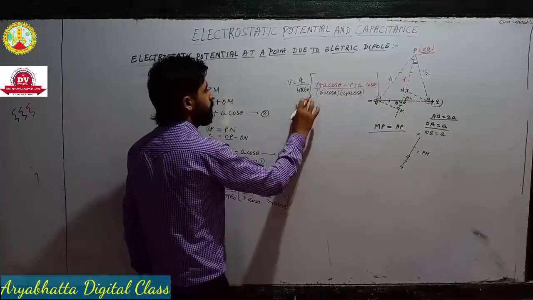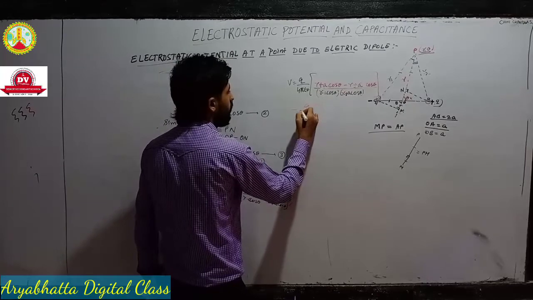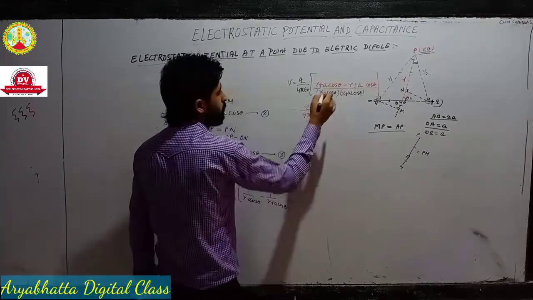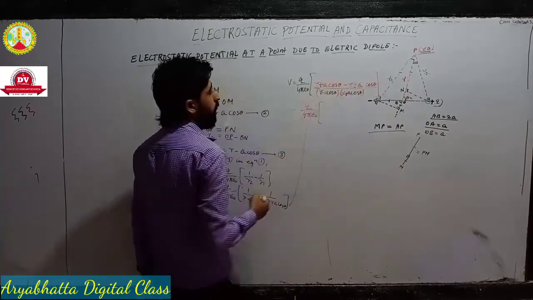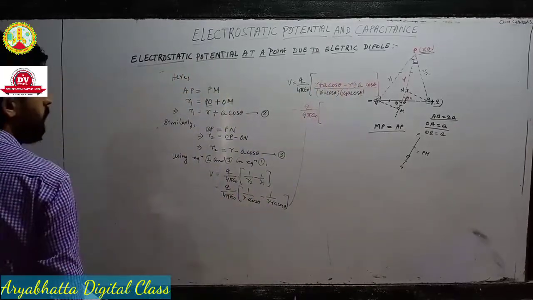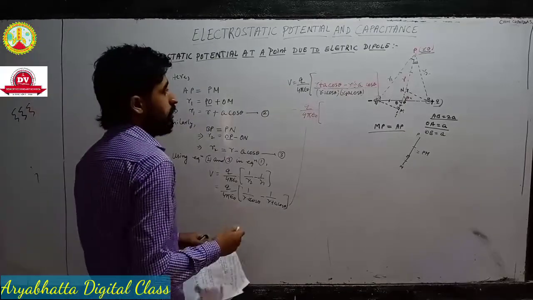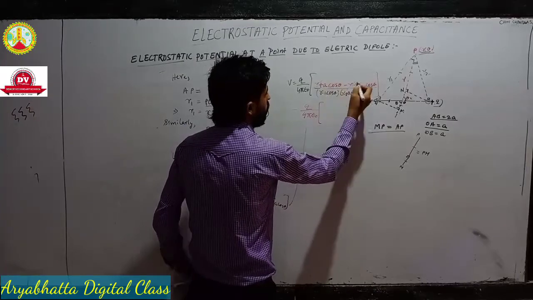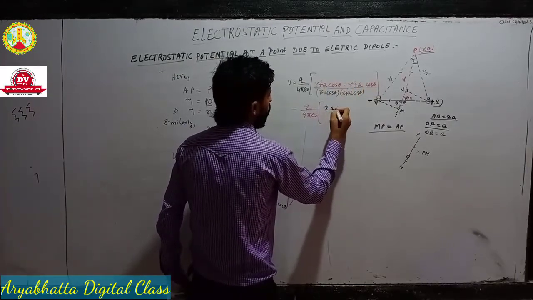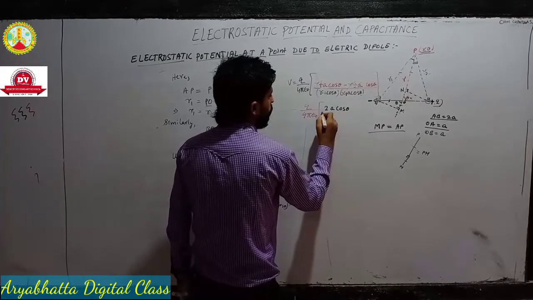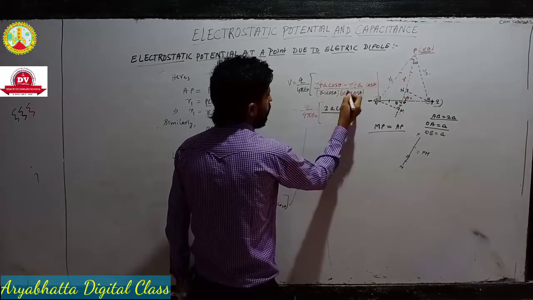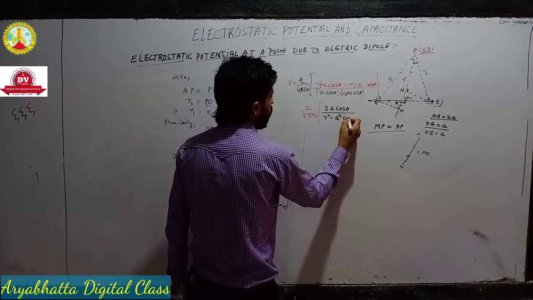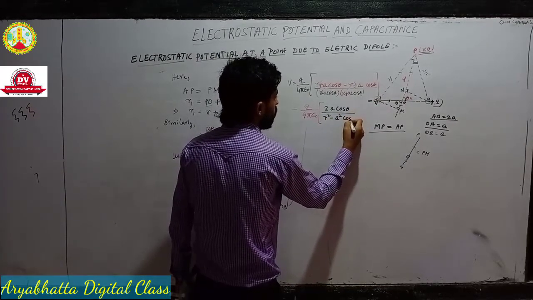So basically what will happen, see, Q by 4 pi epsilon naught, right? Now if I solve this, see R cancels out, R has gone home, right, to eat food. Now whatever is left, I have to teach that, right? This has gone to eat food, what is left is A cos theta plus A cos theta, it is 2A cos of theta by, see, A minus B, A plus B. What will we get? A square minus B square, that is A square cos square theta.